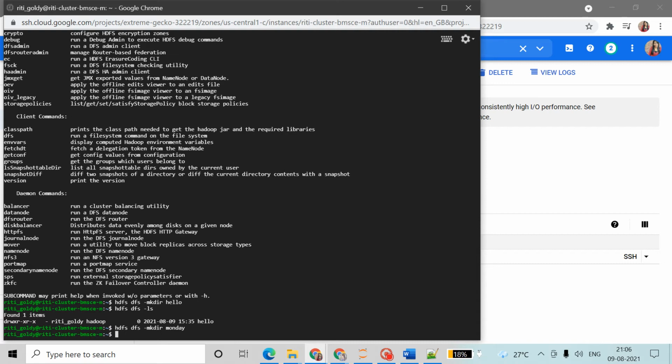That time I was using it on the normal desktop, now I am using it on the server. So in one platform only I am using Hadoop and our Linux commands also. Now mkdir is created. I want to see it, so we have to do hdfs dfs -ls.